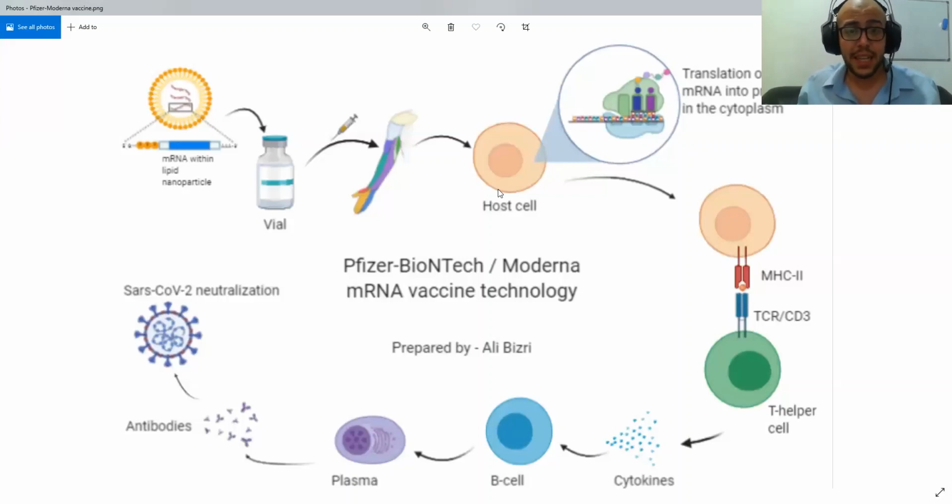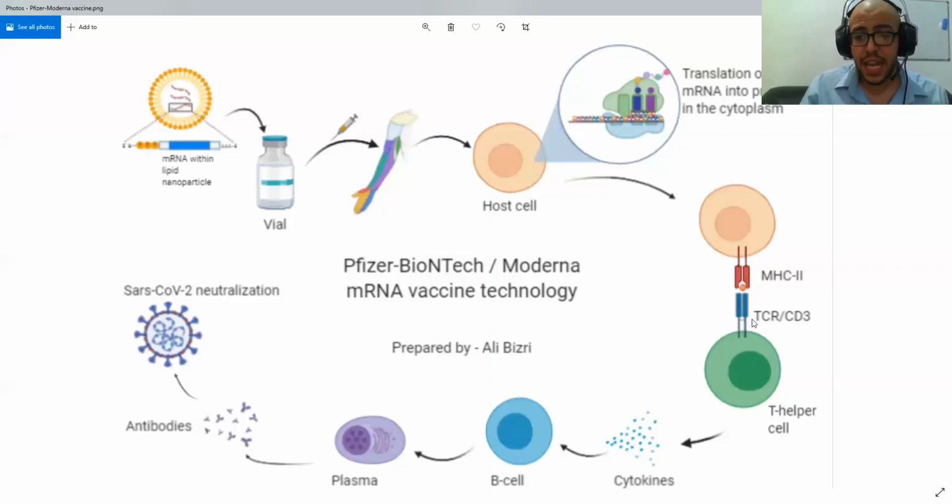This is going to be leading the MHC class 2 and the MHC class 1 to express this protein onto its surface as antigens. Now, this is what we are going to be seeing in this image right here, or in this part of the mechanism, where this protein, the spike protein present and represented by this small ball, it's going to be present on the MHC class 2 and also the MHC class 1, but I'll leave that till the end of the video. So this is going to be recognized by the TCR-CD3 cells, the T helper cells,